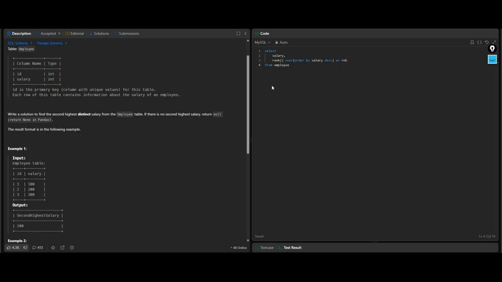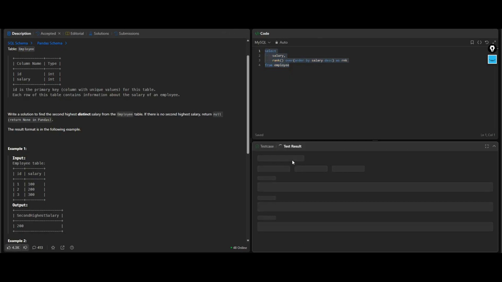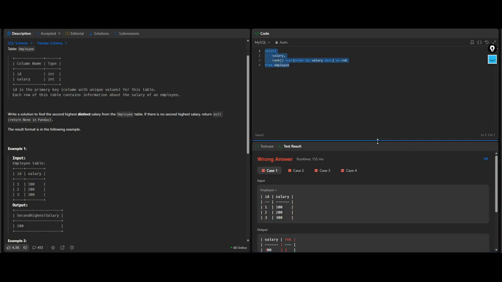I'll just submit this. This is not the final solution, this is the intermediate solution, and we'll see what this query gives on our test cases.